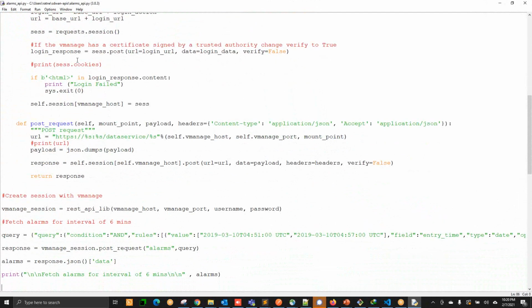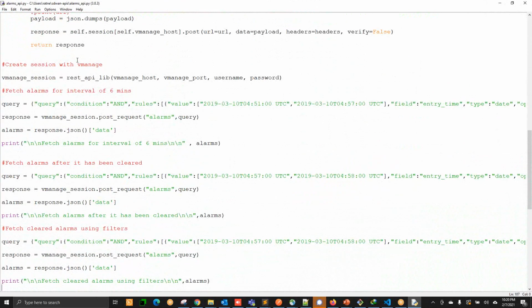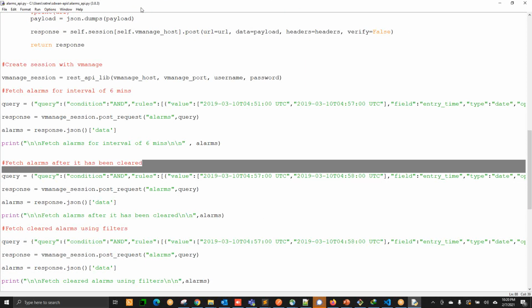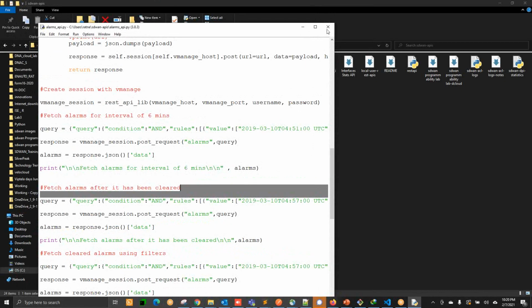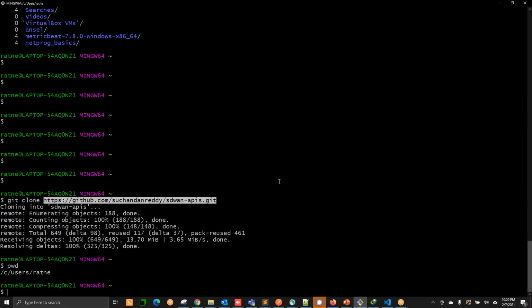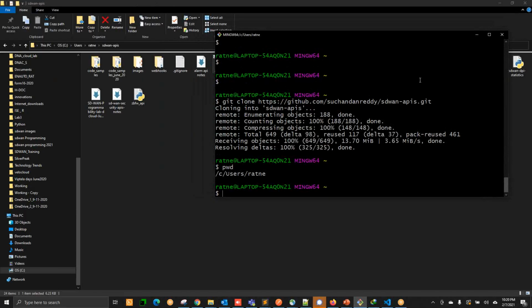What's the name? Yeah, alarms dot API, and you will get the alarms and all these things. If you are new, you can think, oh, what is this parenthesis code, double code, etc. But you'll come to know. I'll explain each and everything in today's and upcoming sessions. So you can see the use of this, that you can copy it even from here also. If you want to run, you can install Python here. At the moment it is not installed, but you can install it and run your code from here also. There's no problem. But we have a better tool to execute our Python script. I'll show you that.